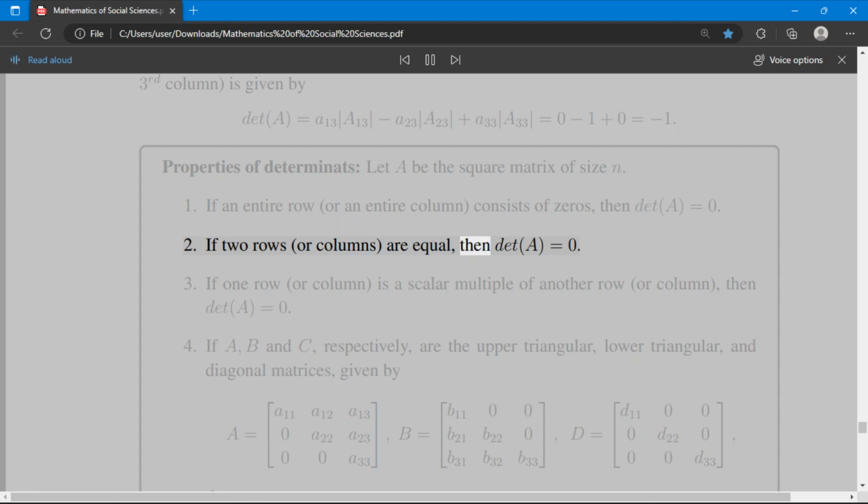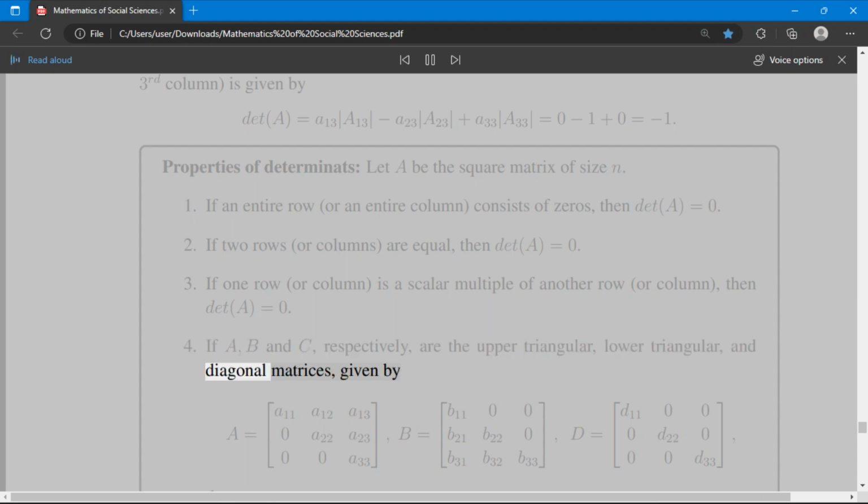If two rows, or columns, are equal, then det A equals 0. 3. If one row, or column, is a scalar multiple of another row, or column, then det A equals 0. 4. If A, B and D,